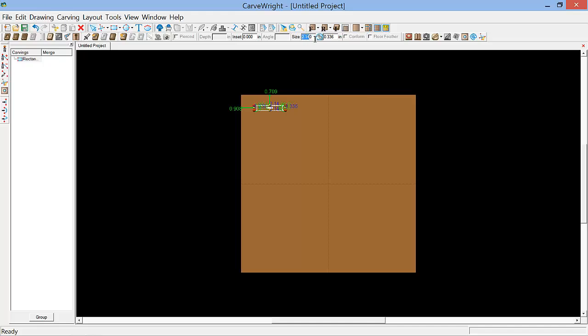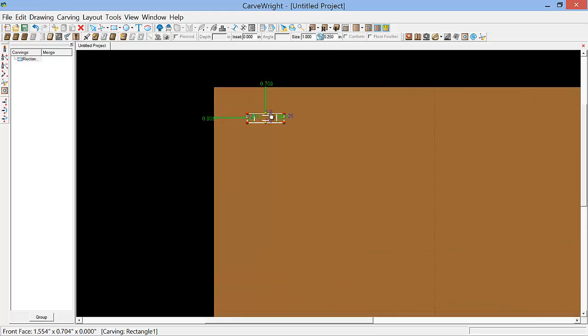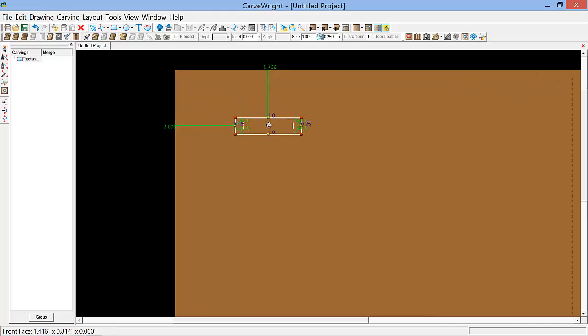I'm going to set the width for 1 inch. I'm going to set the height for 0.25. Zoom in so we can see it. Now what we need to do is to create an arch across the top to make it arc. So I'm going to use the